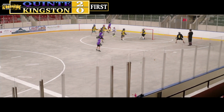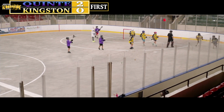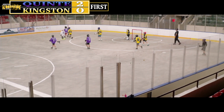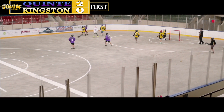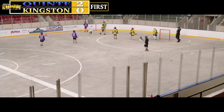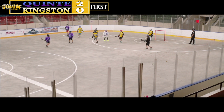Another great move here, sent across, but just out of reach. Number 2 is going to try to scoop that one up. Evades the hit, looking, sends it across. Oh, almost right onto the pocket, but bounces wide, and now a drive down for it. We have a whistle. Turnover possession, so Quinte's going to have possession with a new shot clock here in the